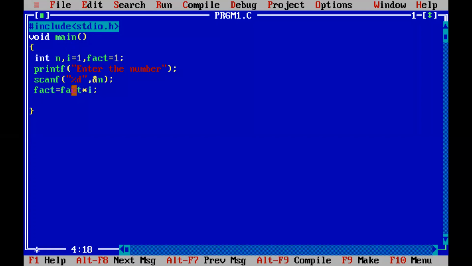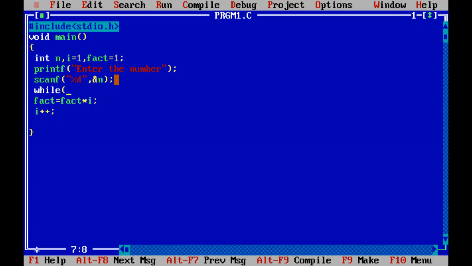For sum and fact also, because we are finding factorial by multiplying, if either of these is equal to 0, then it will always be 0. We keep on multiplying, right? So fact equal to fact times I. If I change the value of I like 1, 2, 3, 4, I will be able to find the factorial. So how do we make this into a loop? In each step we expect that the I value should be incremented, right? So we are making these two steps inside a while loop.